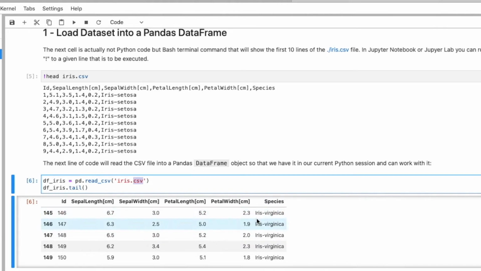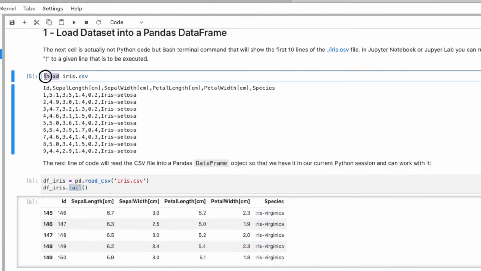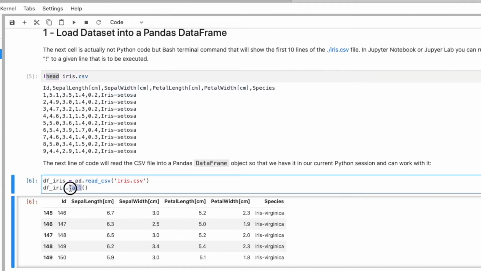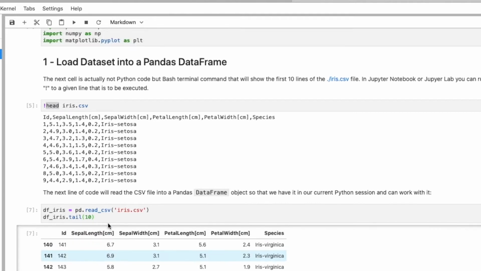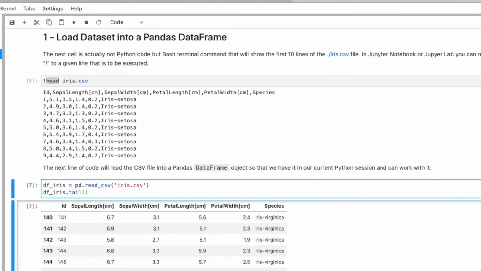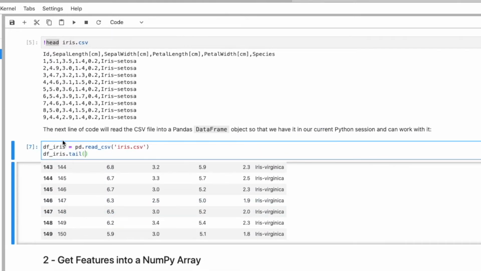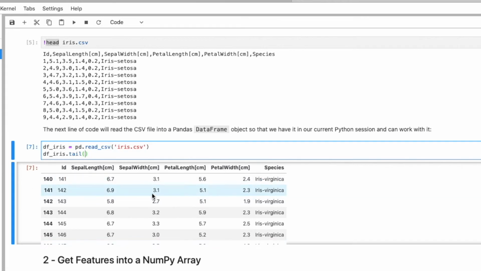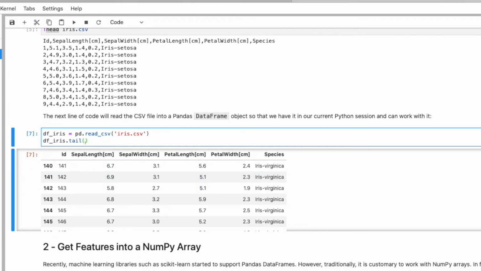The tail command is similar to when I type tail up here. It's showing the last few lines. Here in pandas, the tail command shows the last 5 lines, but I can also show, let's say, the last 10 lines if I wanted to. All right. That is usually a good way to double check that everything looks okay.